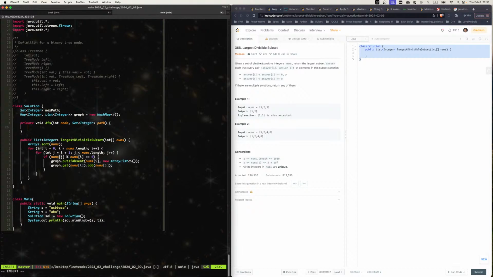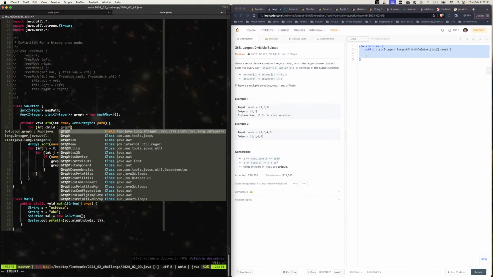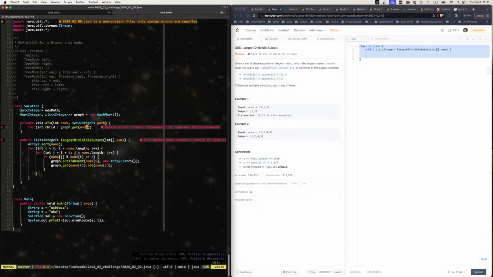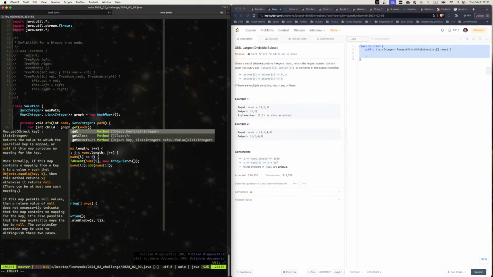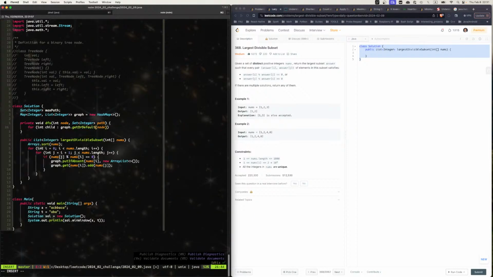It'll be like this: for int child in graph.get(node). What if it doesn't have one? What if we use getOrDefault? So if it doesn't have,